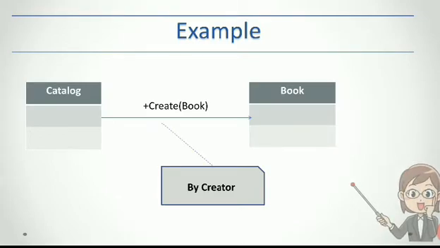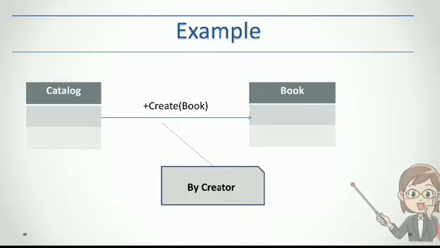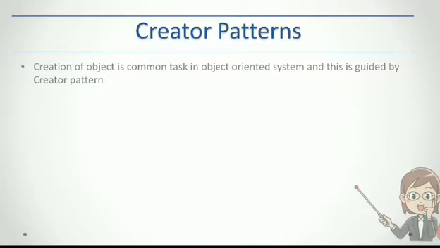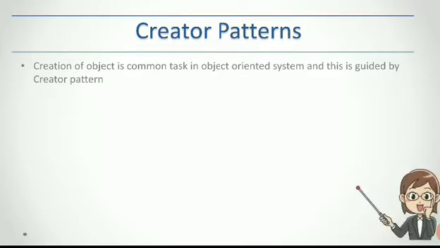So when we want to add records in the database, in that case a table creates a new instance for a data row. Using this instance, the records can be added in the table as the next row. So we can say that creation of an object is the main responsibility and that is achieved with the help of the creator pattern. In an object-oriented system, creation of an object is a common task and this task is guided by